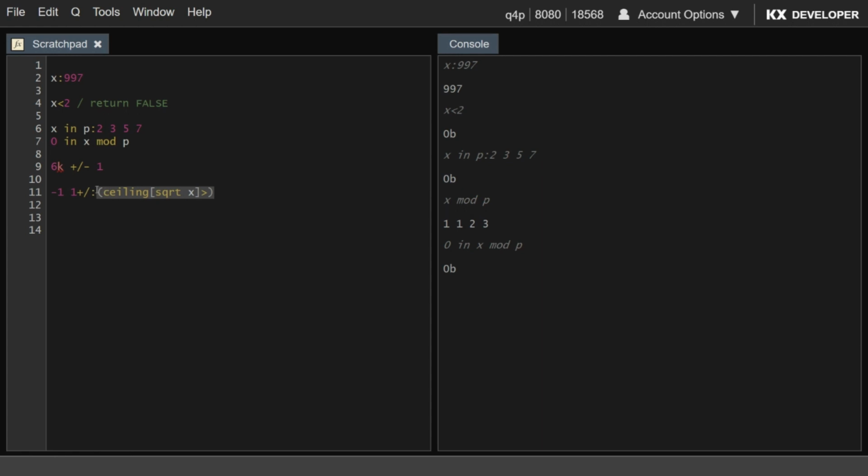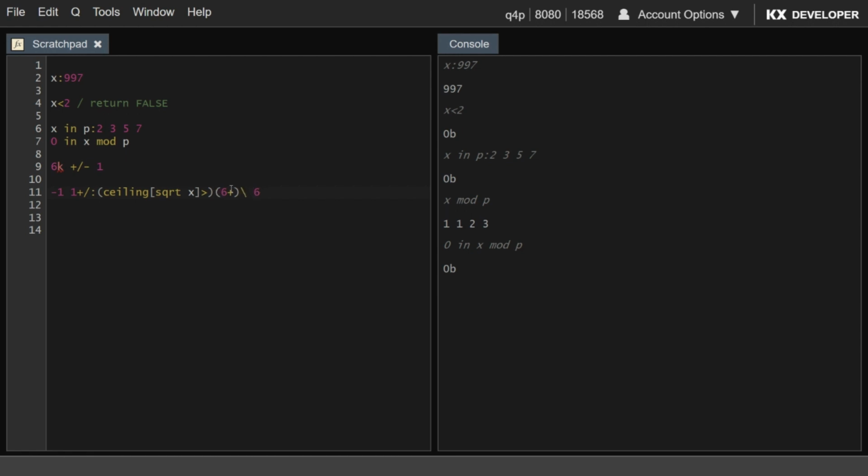So this is the predicate that checks if what we've generated is up until the square root. As soon as it goes larger than the ceiling of the square root, this is going to stop. So this is using the while form of over. The actual function itself is just 6 plus, so we're generating essentially these sixes, and we're going to start at